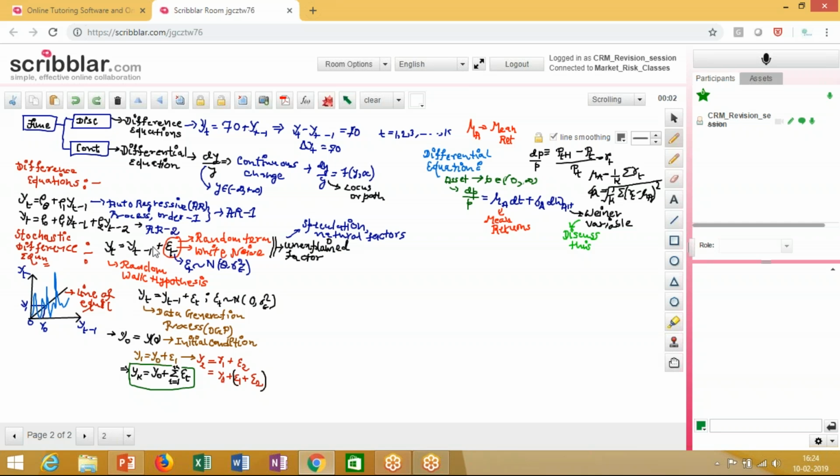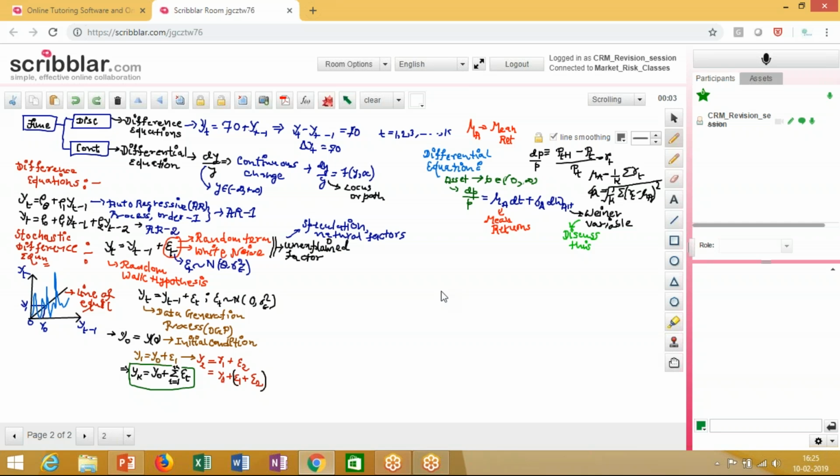Apart from that, we also started talking about a differential equation as well, right? When we started talking about differential equations, we started using a very specific differential equation over here, which forms the very fundamental of the Black-Scholes-Merton model. So we started talking about the differential equation which explains the dynamics of a price movement. Right. Now,